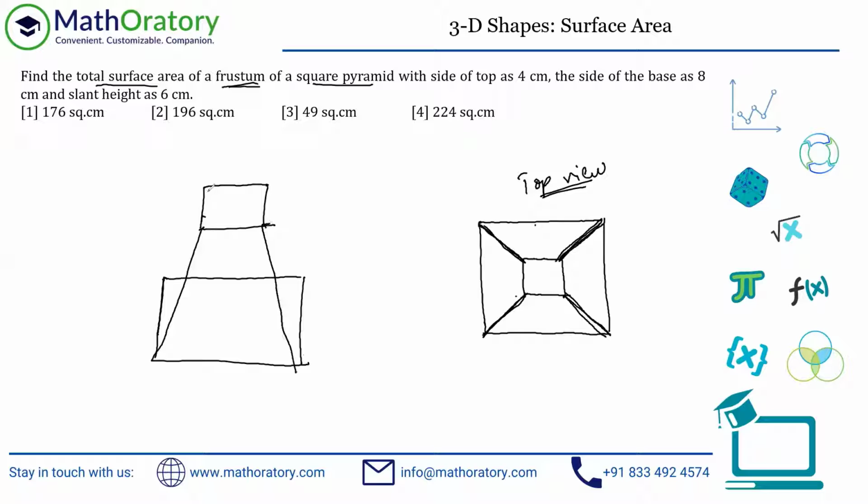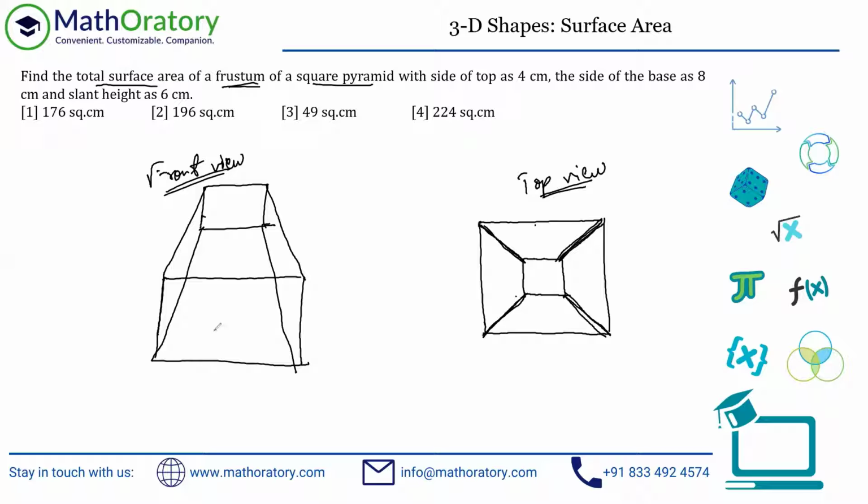This is a 3D thing, so this is how it will look, sort of. I've drawn all solid edges; something will be invisible, but anyhow. So this is the front view. I hope you can understand all the surfaces. This is why I was drawing this properly, because the question is looking for total surface area. So all the surfaces you have to understand properly in order to get the surface area.